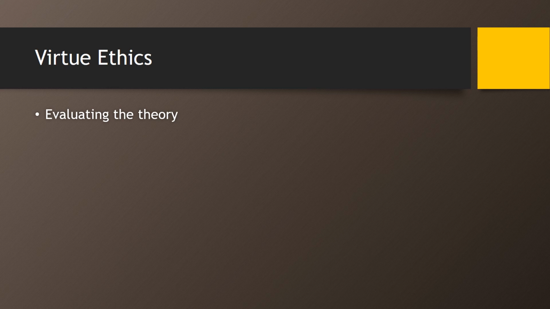And some other criticisms of the theory are brought up. I'm not going to dwell on those. Some of the same ones maybe apply to natural law theory. There's a tendency to maybe think that people don't really have these traits of character. And then there are criticisms that come from the other traditions. Again, you can look at that in the text.